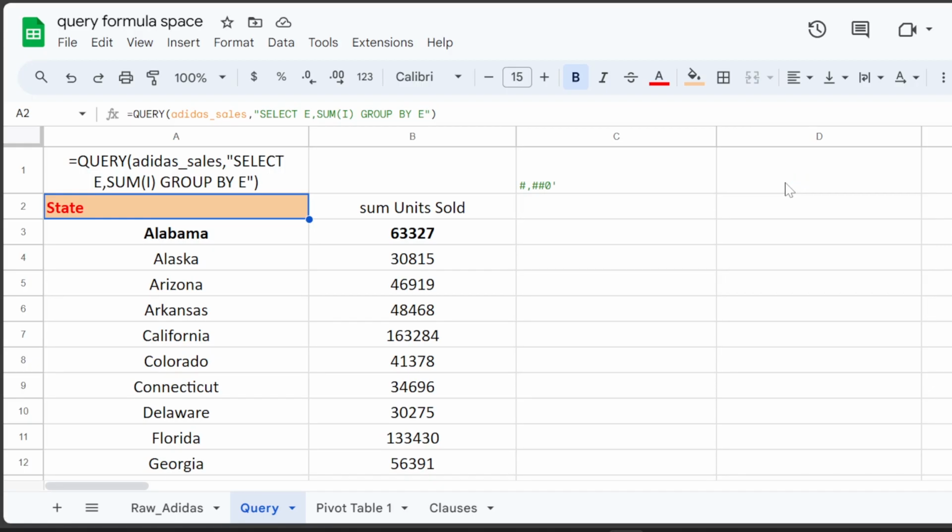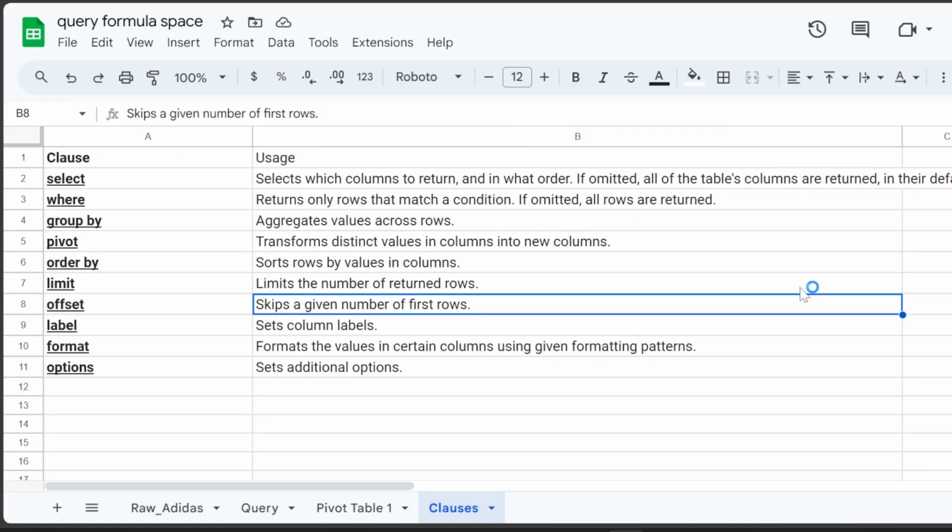We have made quite a journey, starting from writing the first select statement to doing things like group by, order by and pivot in the last video as well. So we've come a long way now, and we are almost done with all the clauses that we have to look at. So in today's video we are going to look at